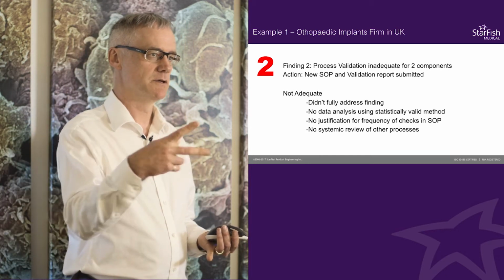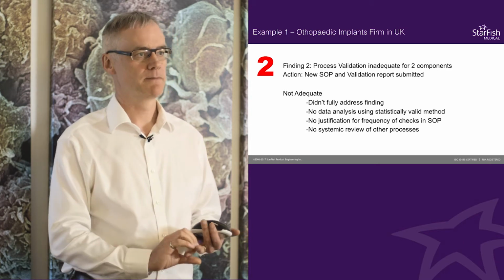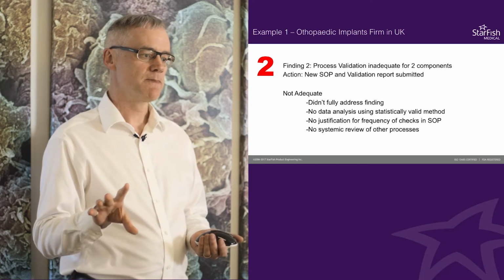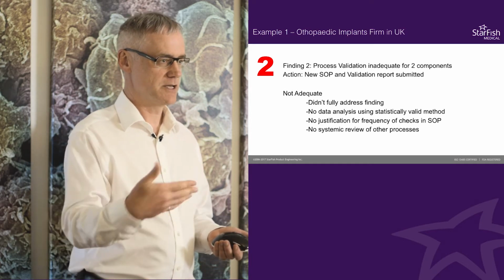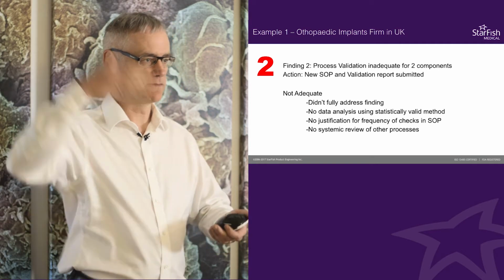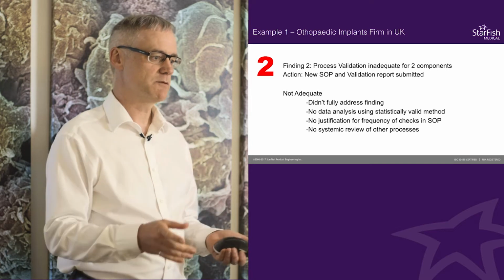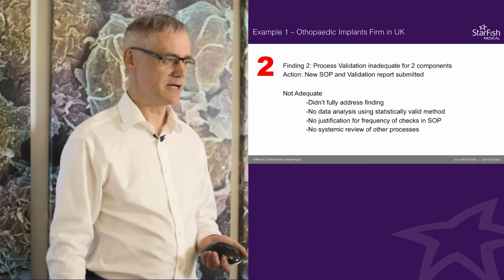So they didn't do it for both of them, and they didn't do it deep enough. There was no data analysis, so they didn't actually dig into their justification for the validation, because validation is inherently a statistical exercise, right? You're testing a certain number and then you're inferring what's going to happen in the future. And then there was no justification for the frequency of checks to be done, which is an aspect of